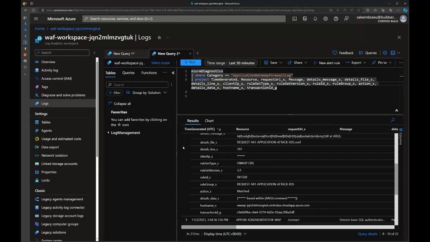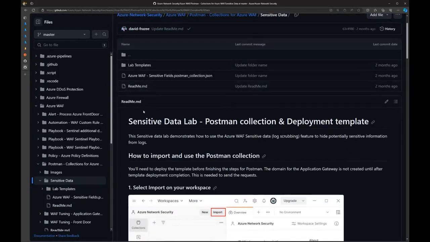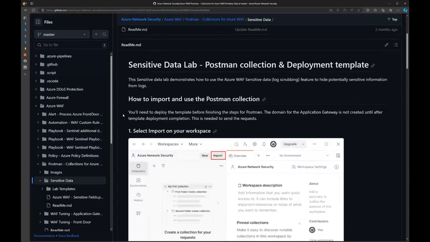Now, everything that I did and all this setup is actually available to you. David has created a GitHub page here, and here you can have the Postman collection. So this is the Postman collection that I was just using to do these attacks, and also the deployment template, all available here. So if you're interested and you want to test this yourself, you can just go here, you